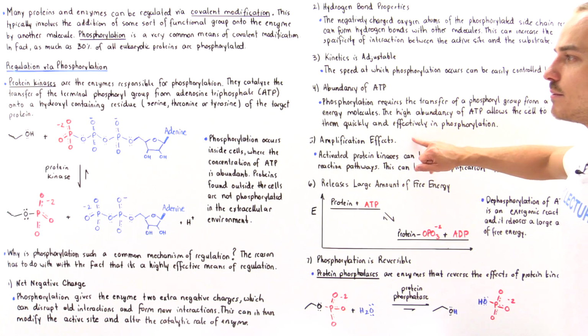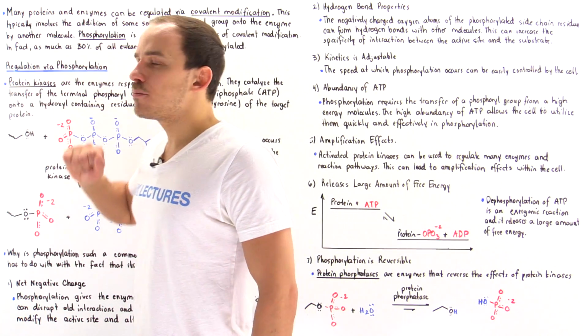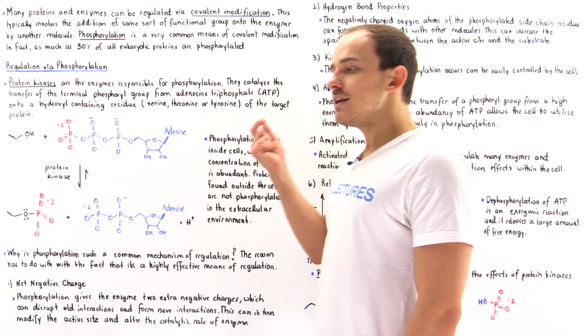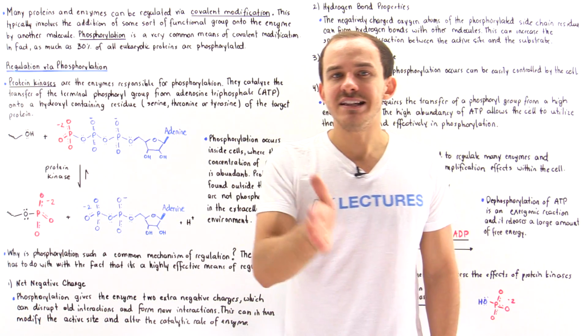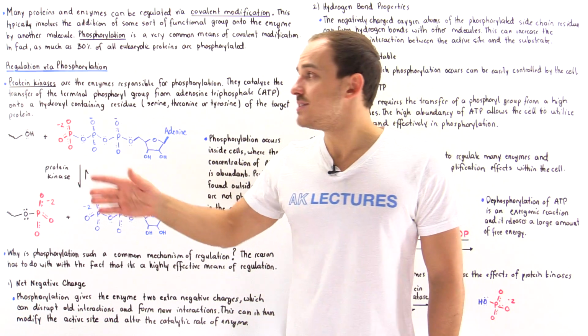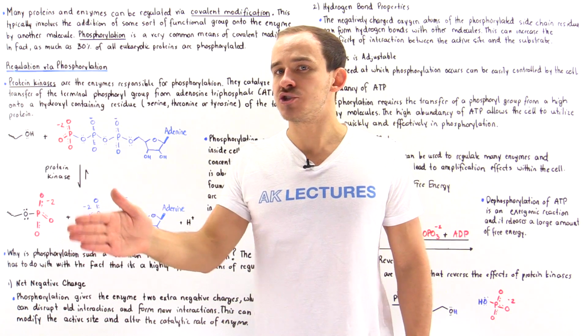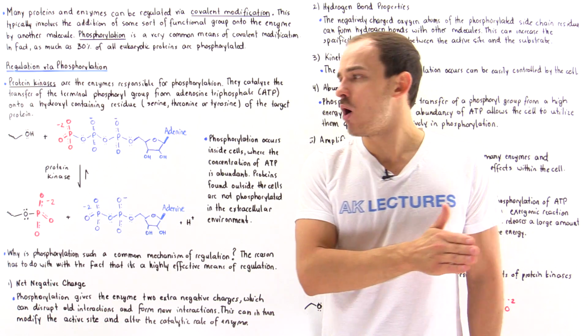Now, let's go back to number 5. Whenever dealing with protein kinases, typically a single protein kinase usually catalyzes many individual enzymes. And so instead of catalyzing one reaction, it catalyzes many reactions at once, and so